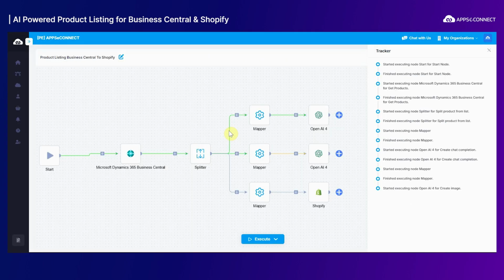Advanced AI algorithms analyze your data, tap into contextual information and generate rich, SEO-optimized listings tailored for your audience. No more manual updates. AI ensures consistency across your product listings while saving you hours of work. So we have used the power of Appsy Connect and the enhanced knowledge base of GPT-4. Now we will see in the Shopify store whether the product details have been generated or not.